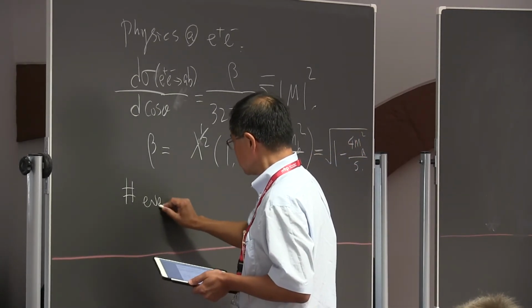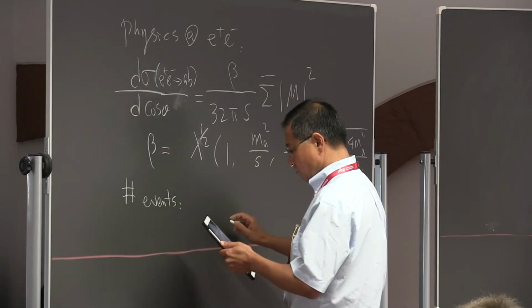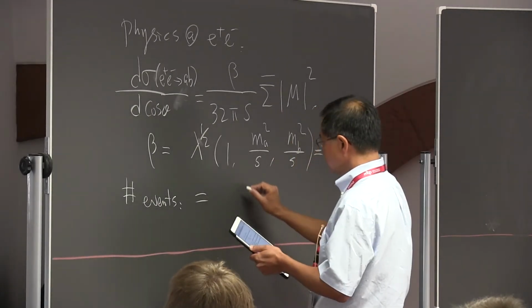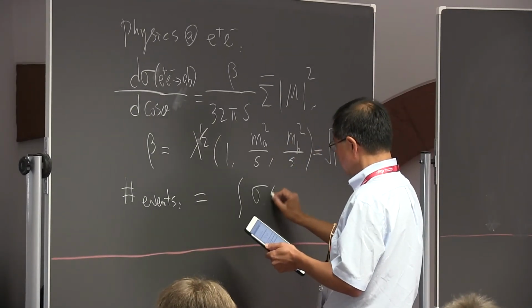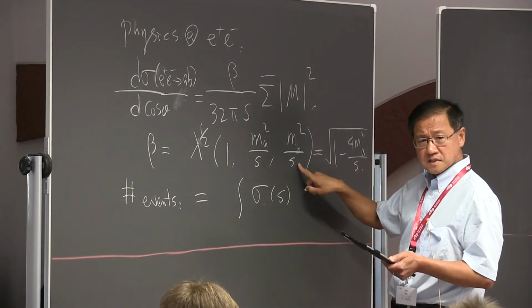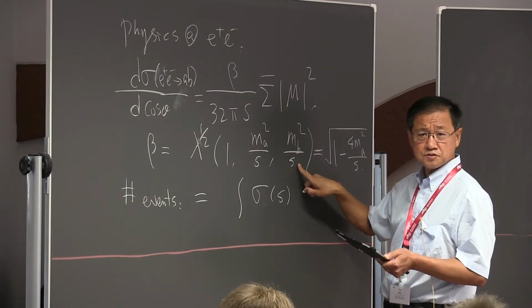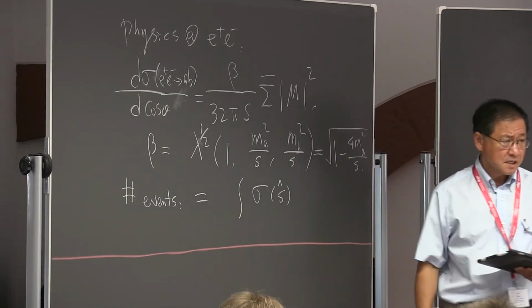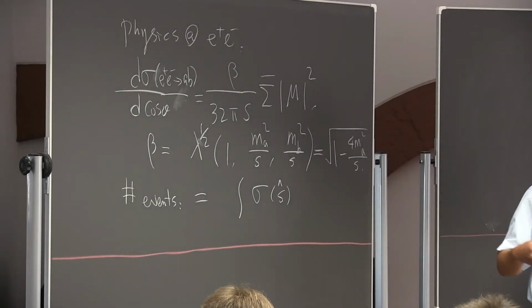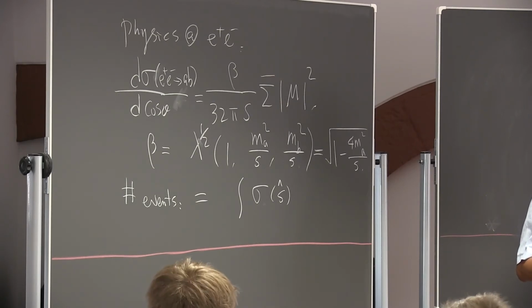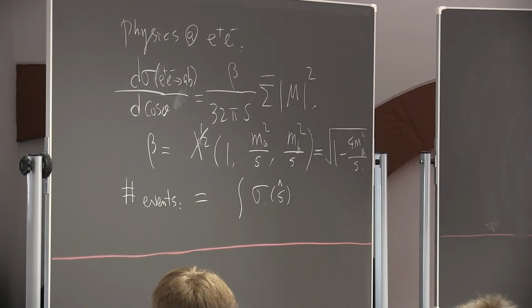Therefore, the events is really your cross section, equal to your cross section as a function of center mass energy squared. But this center mass energy squared is spread out according to your machine. It's not monochromatic. So let's use that as S hat. S hat is the real center mass energy for this e+e- collision to take place. Sometimes more generally we call it the parton energy, partonic center mass energy, which means that the e+e- beams